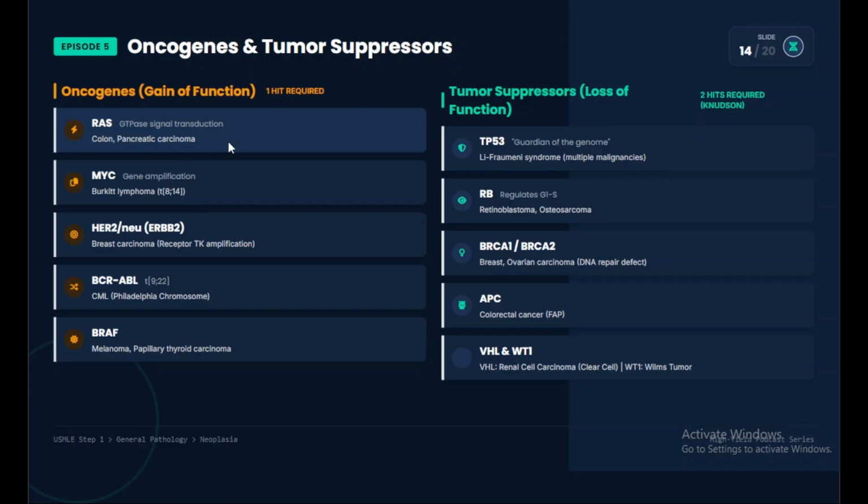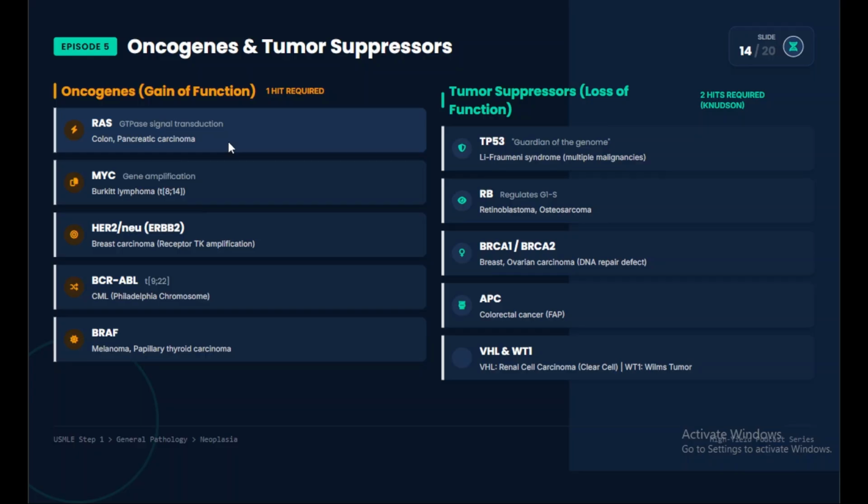The other gene is BRCA1 or BRCA2. The function of these genes is DNA repair, and the example would be breast and ovarian carcinoma. And the other gene is APC. It simply causes colorectal tumor suppression, and the example would be FAP, familial adenomatous polyposis, which ultimately leads